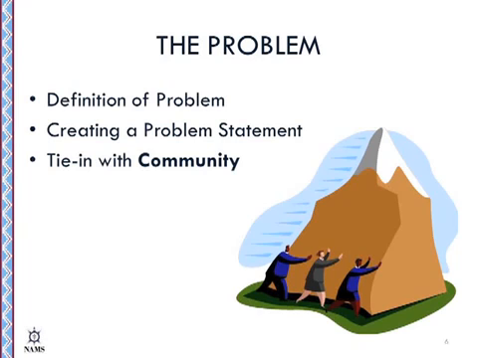Problems are the negative conditions in your community that must be overcome or alleviated to a certain extent to make things better in the community and assist in addressing a community long-range goal. As you look at the graphic on this slide, the mountain represents the problem the community must address to achieve a community long-range goal. Once that mountain or problem is removed, then the community is well on the road to